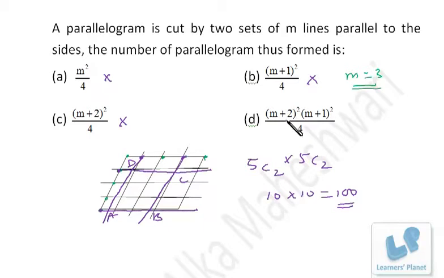We just put the value M equal to 3. So 3 plus 2, 5 square, that is 25, into 3 plus 1, that is 4 square, that is 4 into 4 by 4. So it's 100, right? So when M is equal to 3, the answer is 100. So we put the value of M as 3 and got the correct choice, right? I take one more problem like this, so the concept will be cleared in your mind once for all.